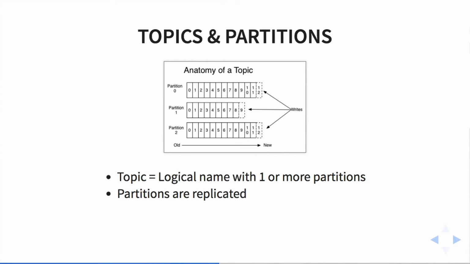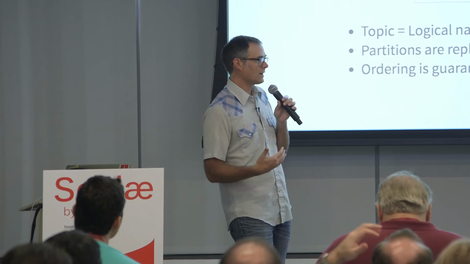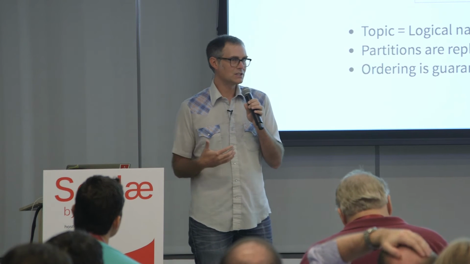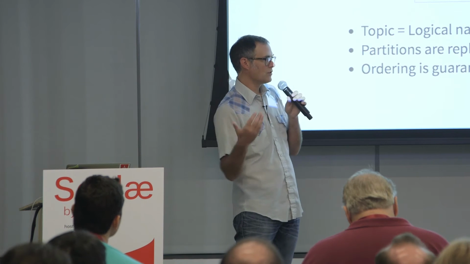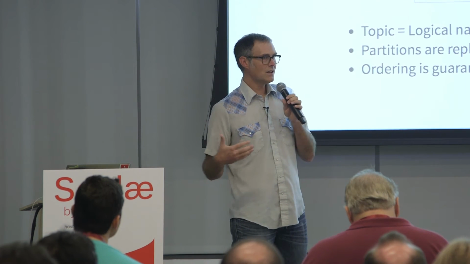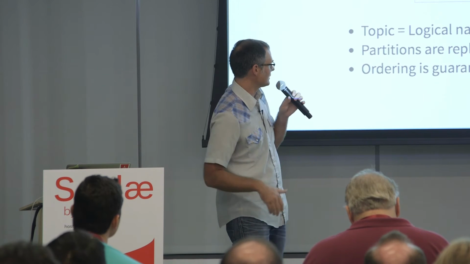The partitions are replicated. You set the replication factor in your configuration to determine how many copies of a partition there will be. Ordering is guaranteed only for a partition. This is where things get a little bit tricky with ordering. When you're writing to a topic, you're really writing to a partition within a topic, and the ordering in Kafka is only guaranteed for that partition. The way that it works is you'll have a producer that's producing new records, appending new records onto a partition. We'll talk about the offset IDs in a minute for how that works.